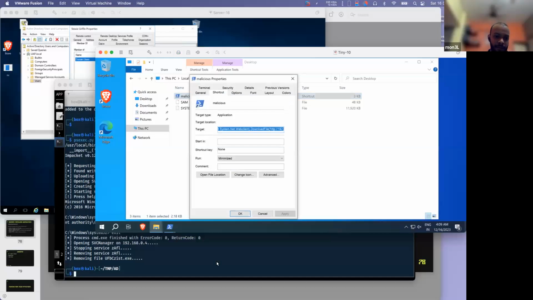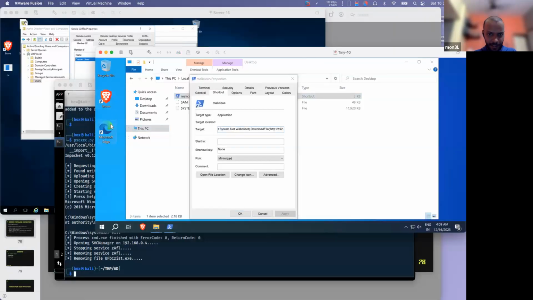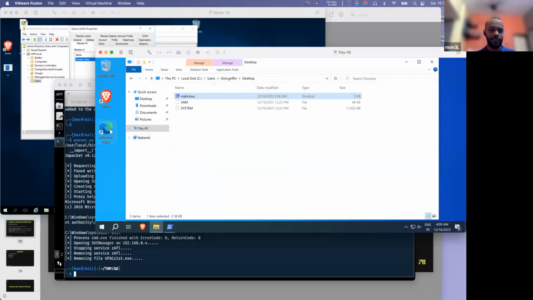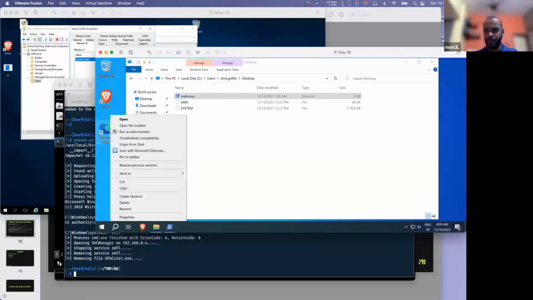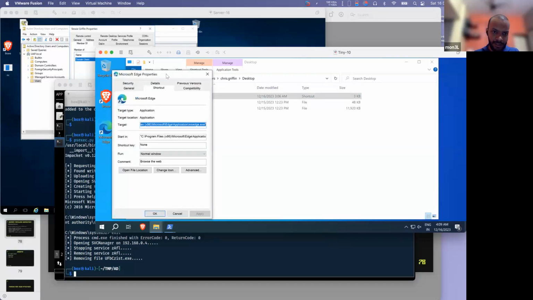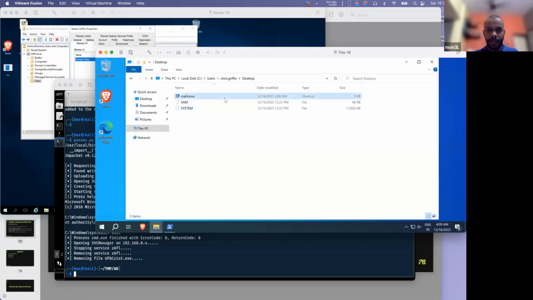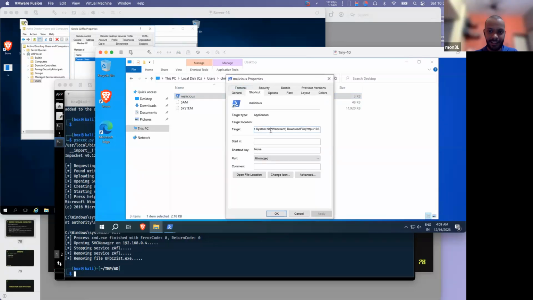See, while doing persistence, we have this one technique which is known as modifying shortcuts. Over here, we basically have these shortcut files available on the systems, or we can create one shortcut, which I have earlier demonstrated how. We have to go to the properties, and we have to change this starting syntax. We have to replace this syntax with the one where we are downloading our malicious file and executing it,